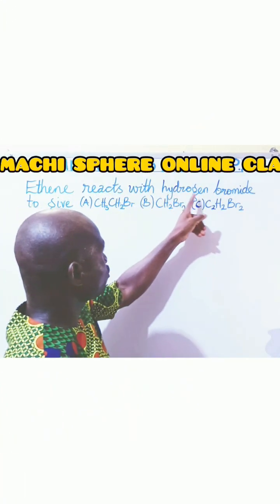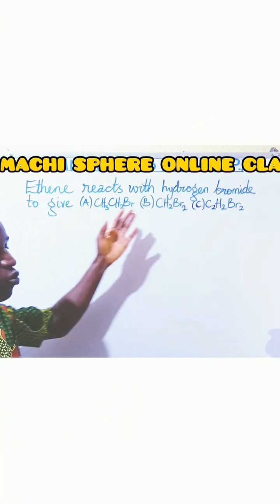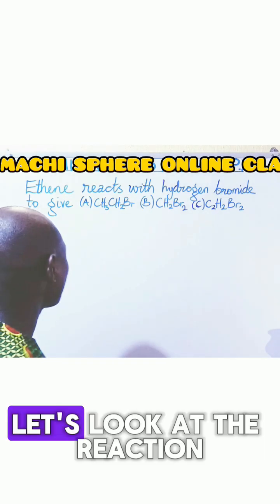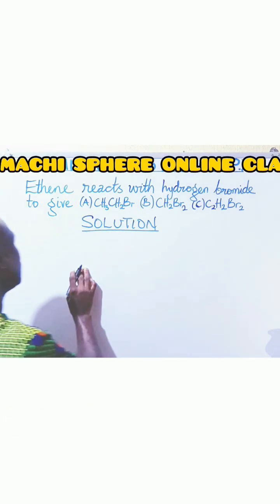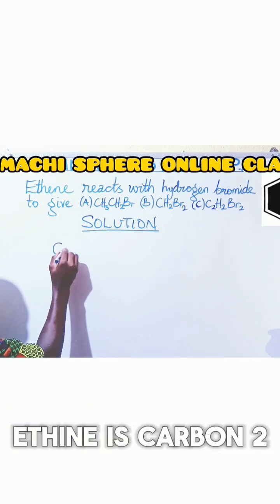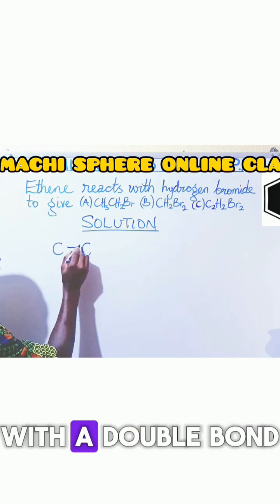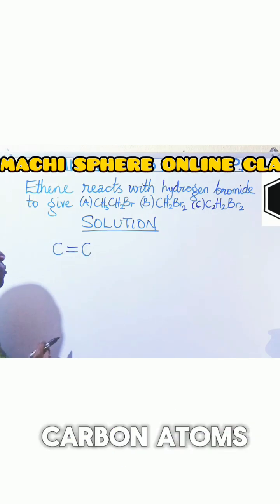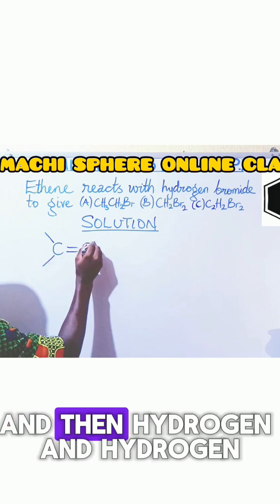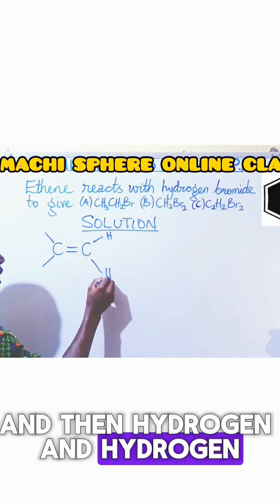Ethene reacts with hydrogen bromide to give what? Let's look at the reaction. Ethene is C2, with a double bond between the carbon-to-carbon atoms, and then hydrogen and hydrogen,